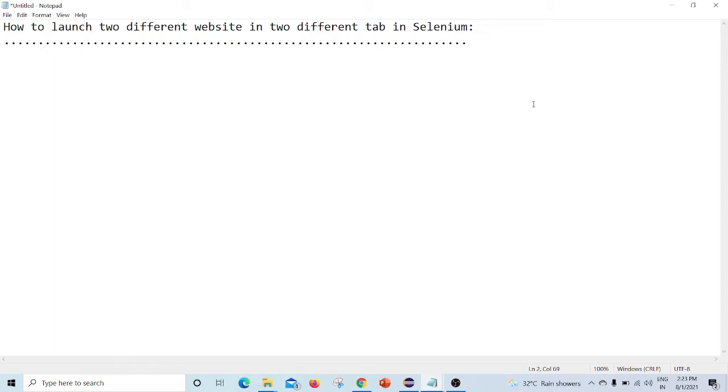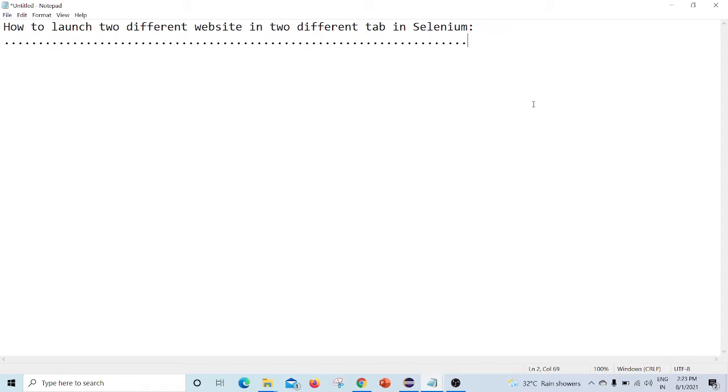Today I am going to discuss how to launch two different websites in two different tabs in Selenium. Generally, whenever we launch any automated test case, it will first launch our browser, and with the single tab we are doing all the operations. But if you want to launch another website in a second tab, how should you do that?